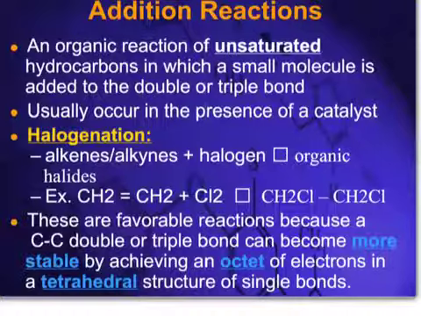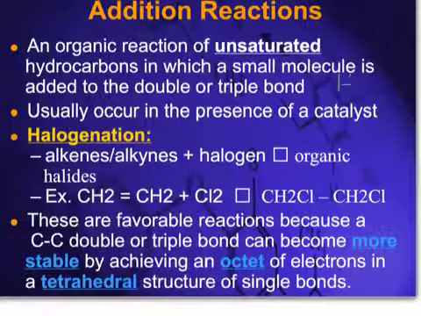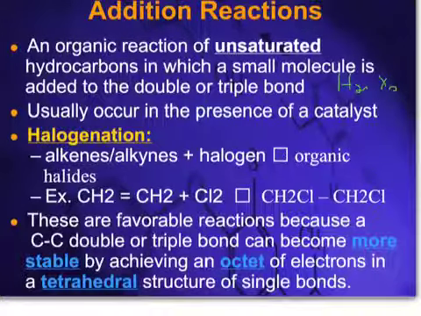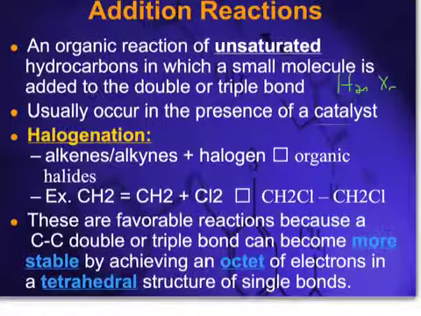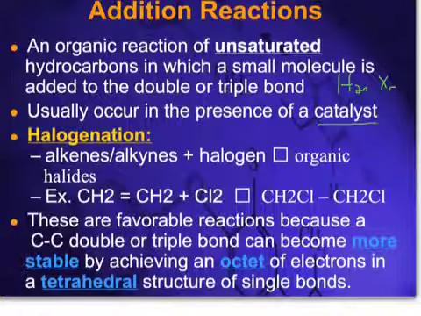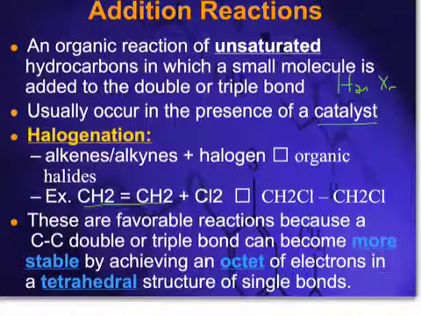One way halogenated compounds can be formed is through addition reaction. Addition reaction is the addition of a small molecule, such as hydrogen or a halogen, into an unsaturated compound, such as an alkene or an alkyne. These usually happen in the presence of a catalyst, which lowers the activation energy, which really means it speeds the reaction up. Here we have an example of ethylene reacting with chlorine gas to produce